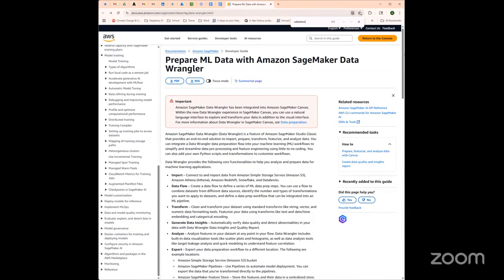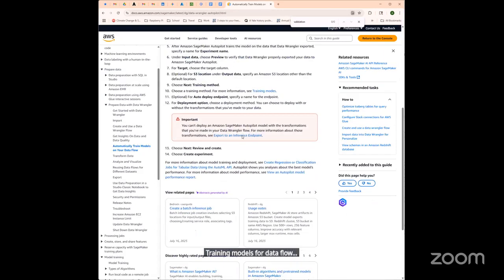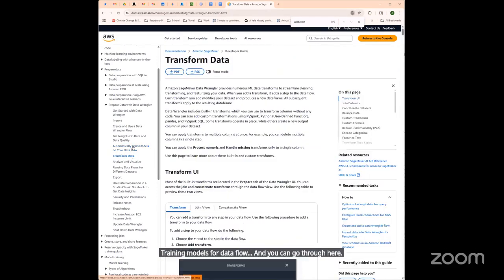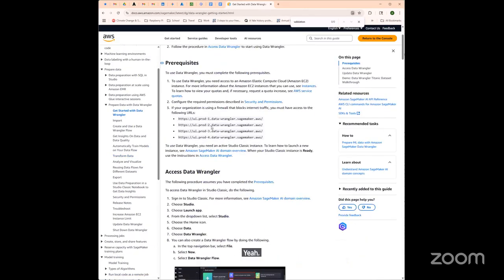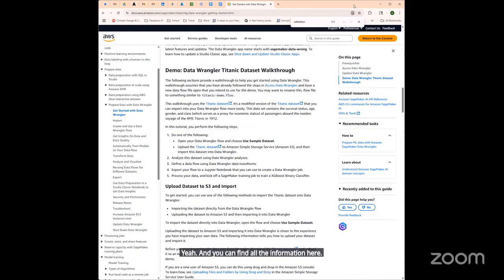All right. Training models for data flow. And you can go through here. And you can find all the information here. Update it, and you should be good to go.